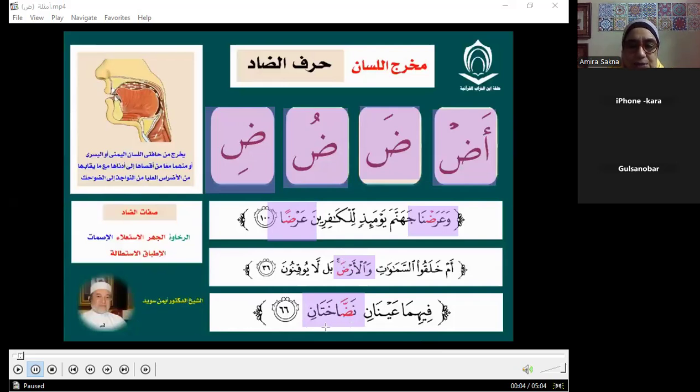نضاختان. Okay, I'm going to say it without the temporary. نضاختان. Pay attention. Here, dot is two. It's having shadda. So it's first one, dot with sukun. So with everything 100% clear. All the characteristics, صفات, رخاوة, استطالة,